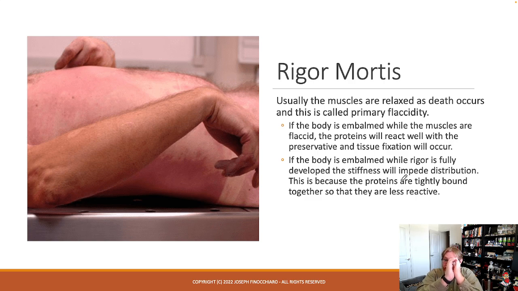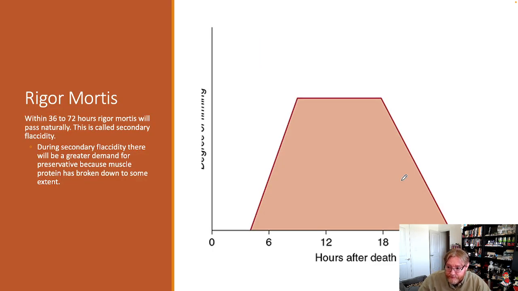As your muscles are locked into place, preservative fluid is going to start going through your vasculature, and as the fluid is going through, it's going to want to expand, but it can't because the muscles around them in certain areas are going to prevent that from happening. So it creates issues with your distribution. Instead of this, you're getting this. That smaller hole causes problems, especially if you have coagula and other stuff in there that you can rip off and then push downstream and block where you're trying to go.